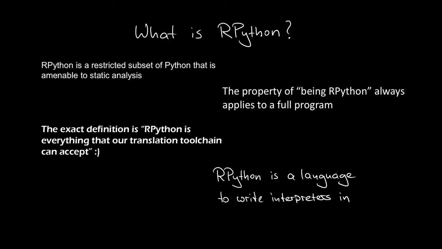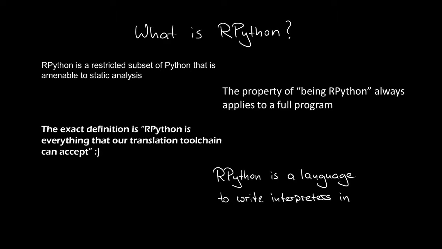So I said earlier that RPython isn't really Python. So I'm technically still not working on any major Python project. I'm still not using Python. And the reason is because RPython is this restricted subset of Python that is amenable to static analysis, which is necessary if we want to be able to transform it into a language that we can statically compile, like C. And because RPython isn't really well defined, what the RPython translation toolchain does, it analyzes your whole